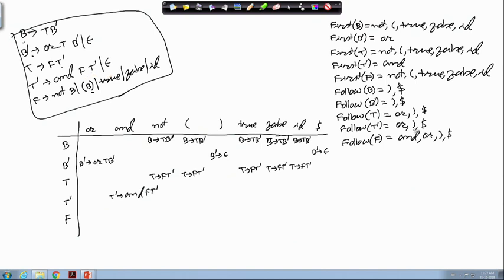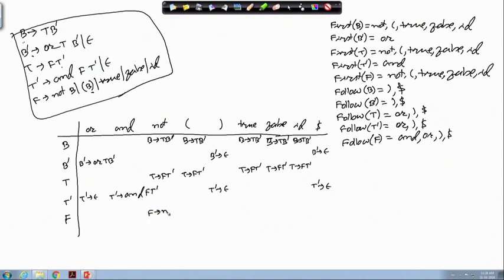In the follow set of T dash we have got OR. So, there I should put this rule T dash producing epsilon, then close parenthesis, T dash producing epsilon, and dollar. So, there also I should have T dash producing epsilon. Then F producing not B, this rule should be added here.